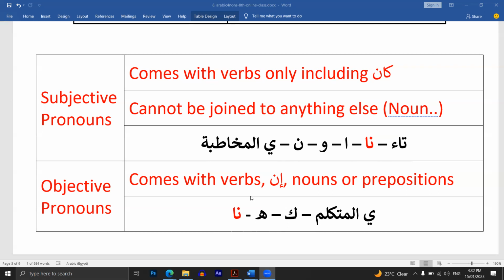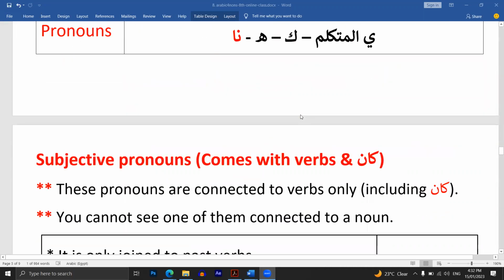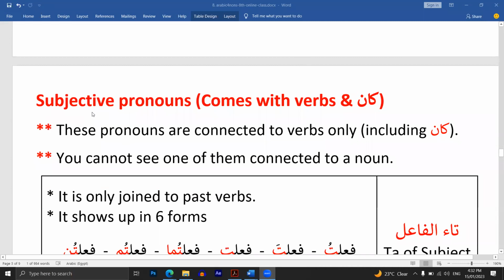Yes, this is what I'm about to do right now: the examples on the next page. Okay, let me go to the next page, which contains the examples. I will start with the subjective pronouns. So we agreed that subjective pronouns are only connected to...